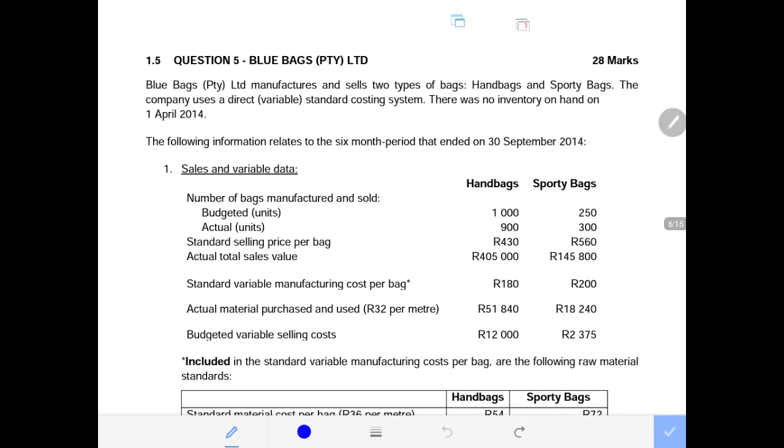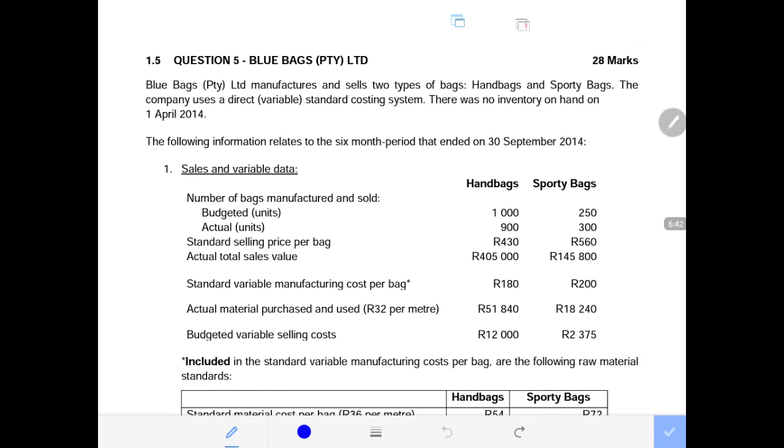And I like the fact that there was no opening inventory. We sometimes are required to do the income statement using the direct costing system. This was mostly done at a secondary level, but at the advanced diploma level, lecturers can advance the level of this question and do an integration where you are given more information and are also required to calculate the income statement using the absorption or the standard